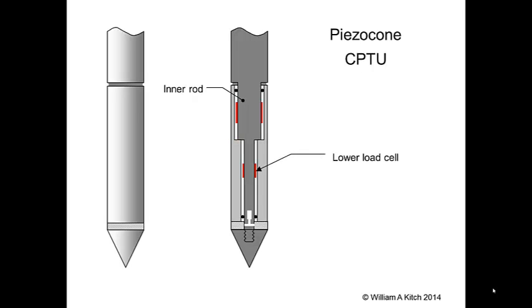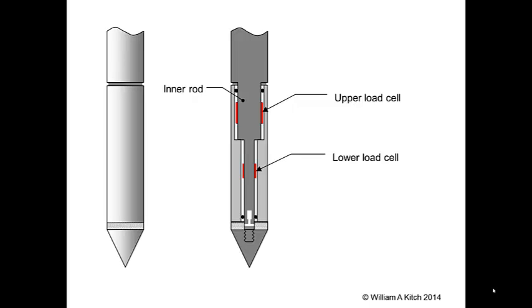The lower load cell measures the vertical force below the shoulder, and the upper load cell measures the vertical force above the shoulder. In addition to the load cells, the probe contains a pressure transducer to measure the pore pressure. When the probe is pushed into the ground, the cone must push the soil out of the way as the